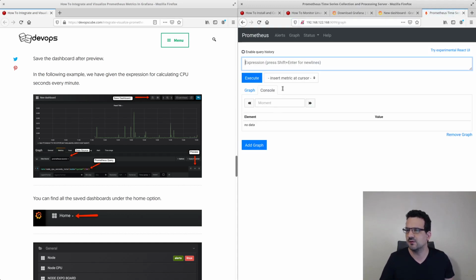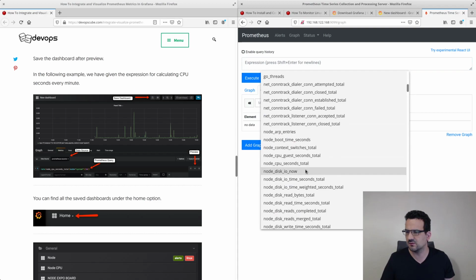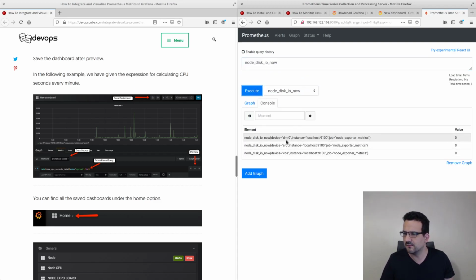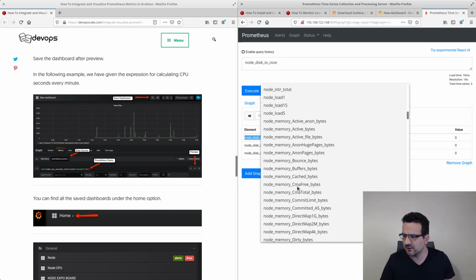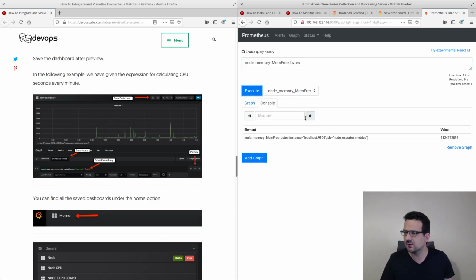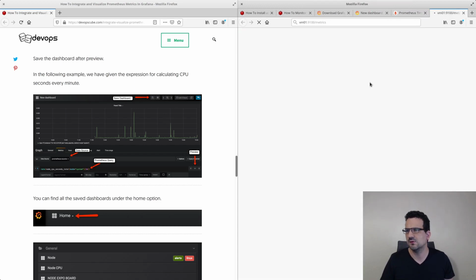Let's grab Prometheus, so let's say insert metrics is disk IO now. Execute disk IO. Values are not, so that's not going to be very interesting. Active bytes, memory is, execute. Let's also see, because I think there are targets here that we can actually get to where we say, okay,